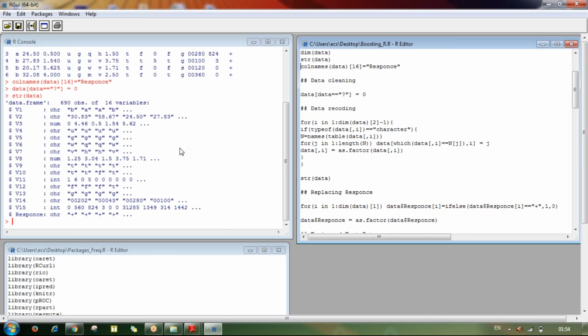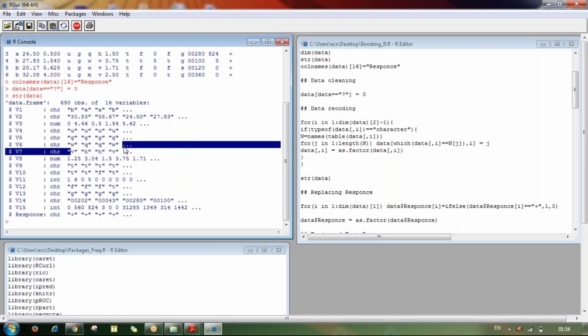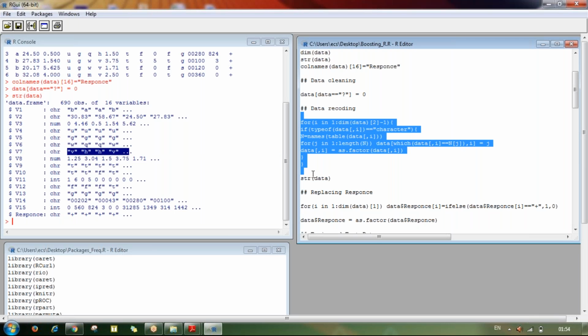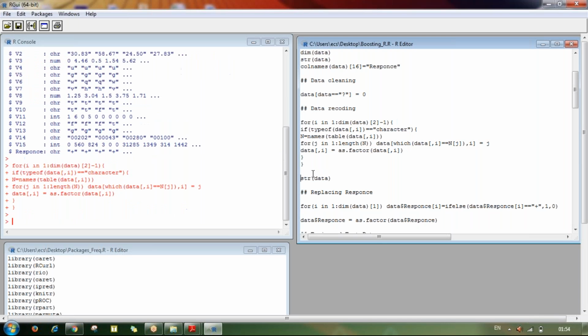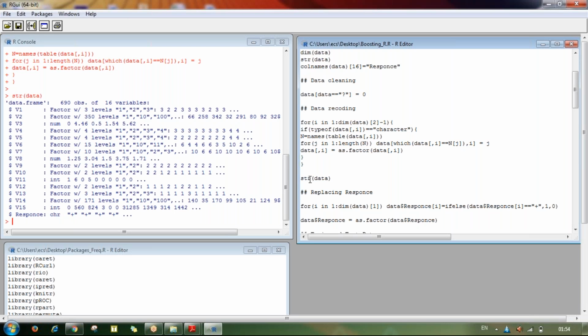So you can see the structure, and these character variables have different levels. This loop will consider all the labels and recode all the levels accordingly. So just running it, and you can see that after running this, variable 1 has 3 levels, variable 2 has 350 levels, variable 3 is